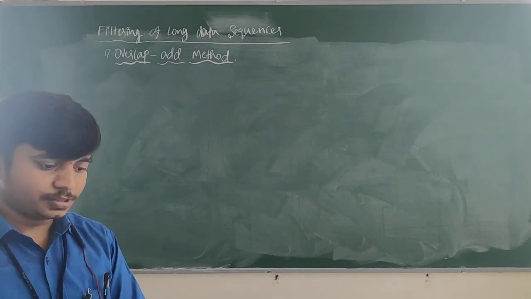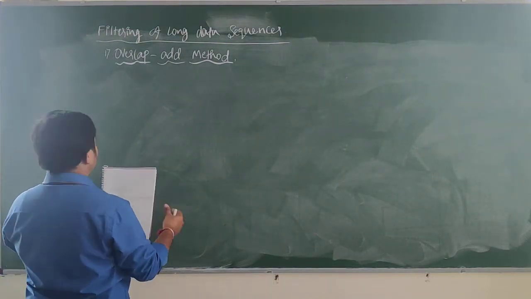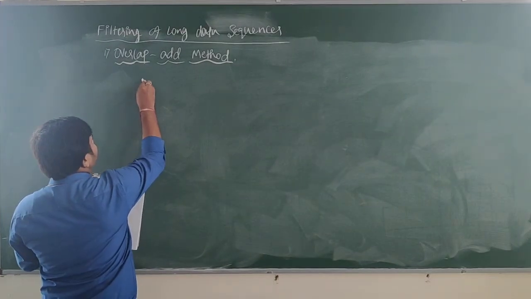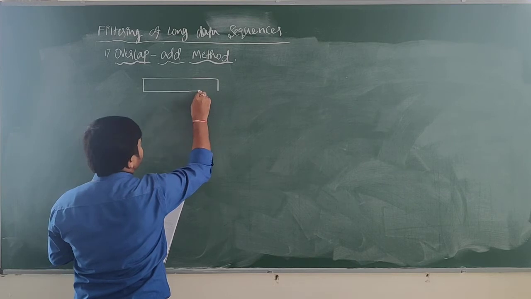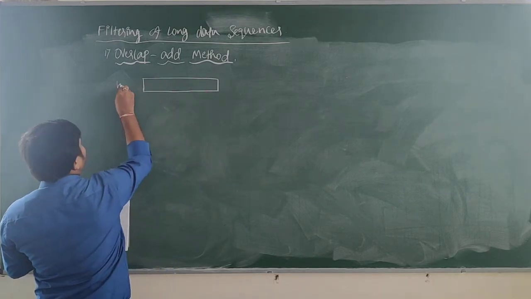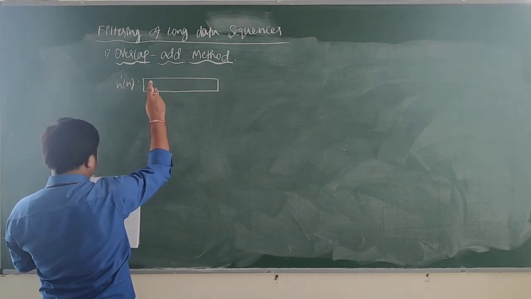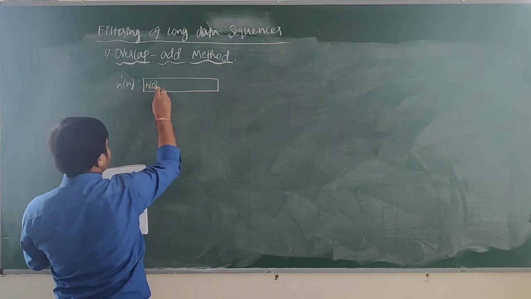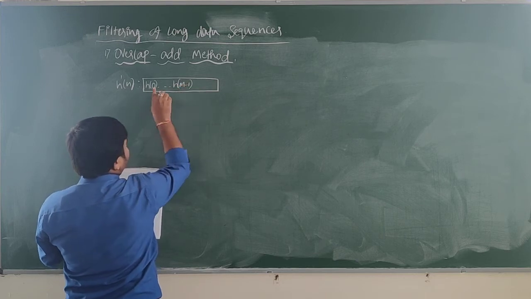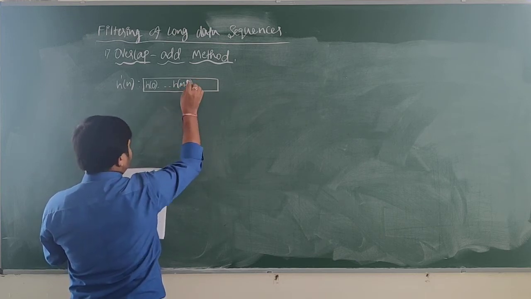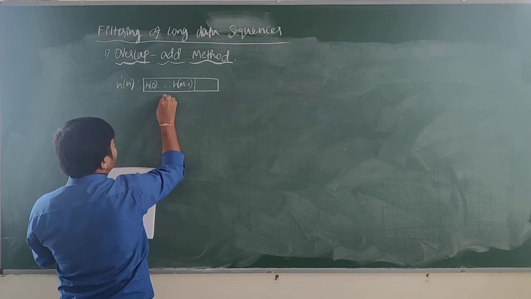So we shall see what are the steps involved in this overlap add method. It consists of an impulse function h of n. I will take the block of this h of n, and I will call this h dash of n. The sequence inside this block consists of h of 0 up to h of m minus 1, and the length of the sequence is equal to m.